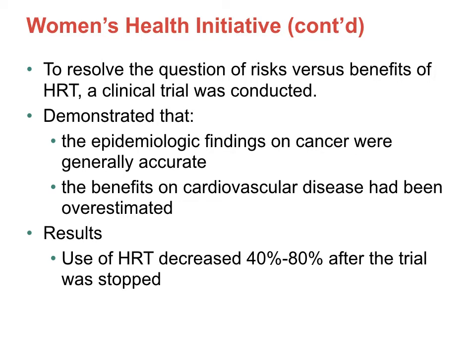If you're doing that other study, it could have been a cohort study. And although we look at common exposures and follow people up over time, we're never going to get as close to the true association between an exposure and an outcome, or in this case, the allocation of some type of treatment or medication and an outcome, in this case cardiovascular disease, than if we do a randomized control trial. And so after this happened, hormone replacement therapy use actually decreased, by 40 to 80% afterwards.